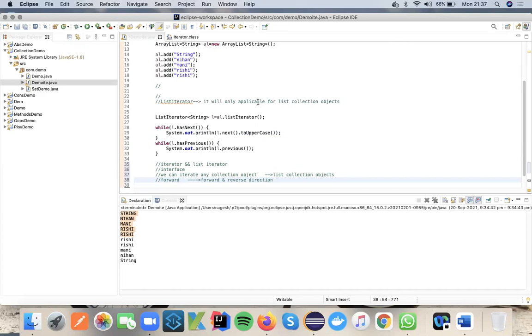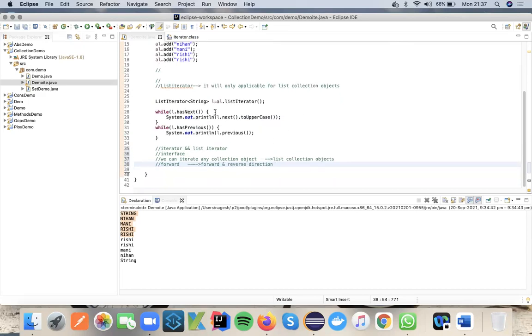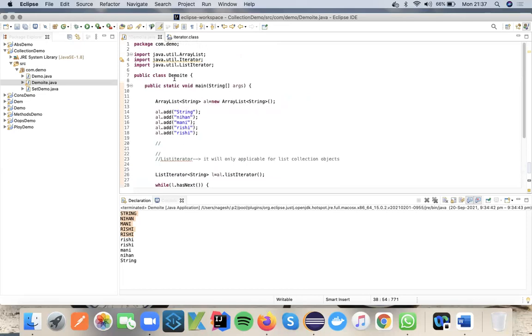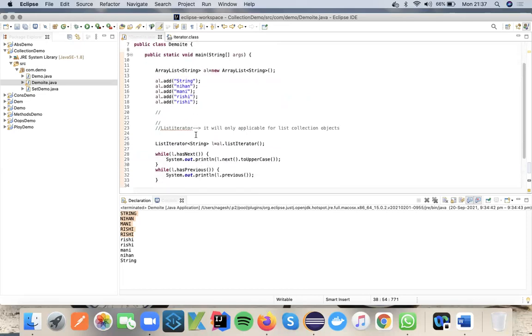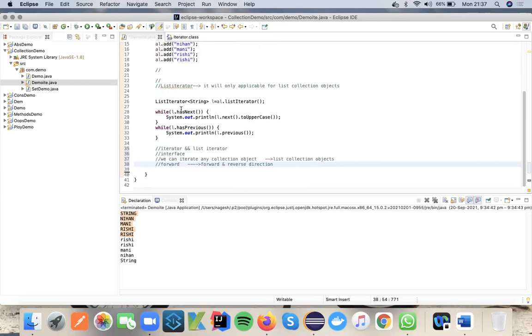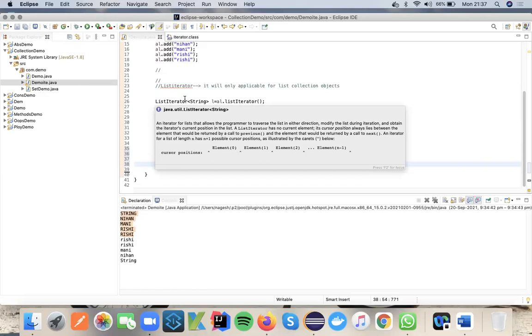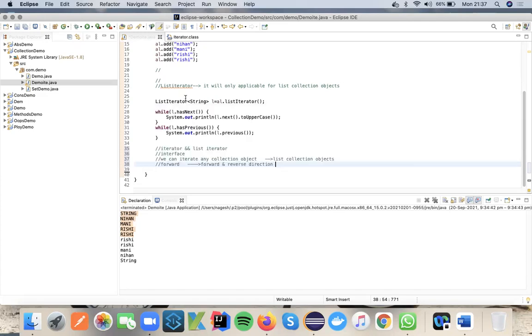Now, very important, you have to test it for ArrayList, LinkedList, and Vector, for both iterator and list iterator, and you have to practice it for the set also, for LinkedHashSet, TreeSet, and HashSet. These are the three predefined classes from the set. You have to practice it for these three classes also.